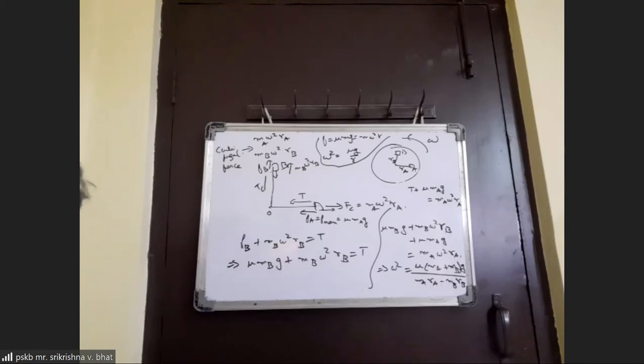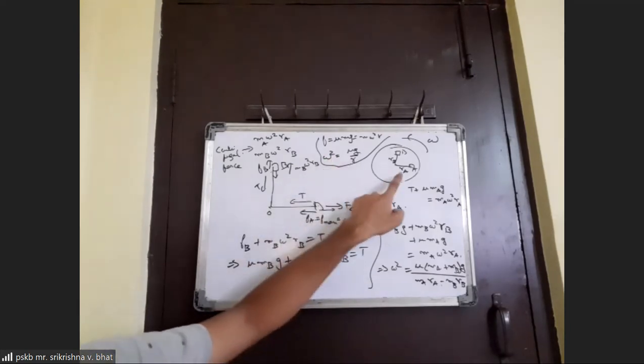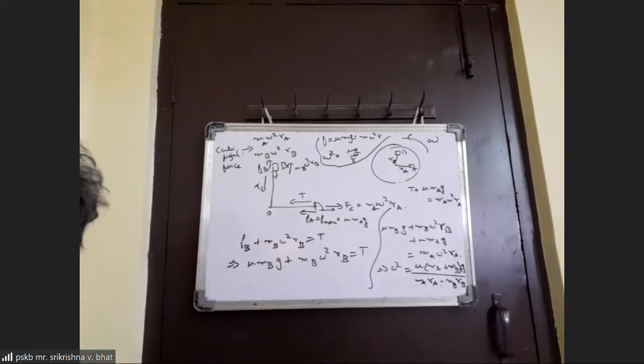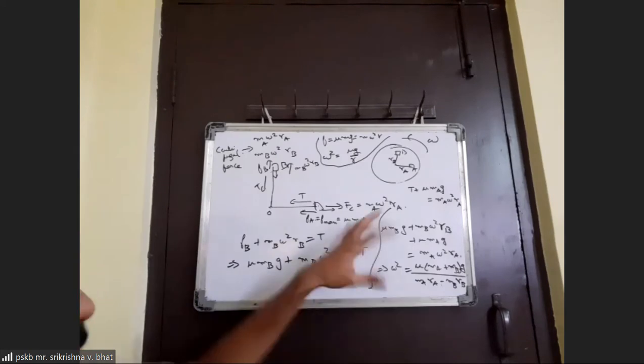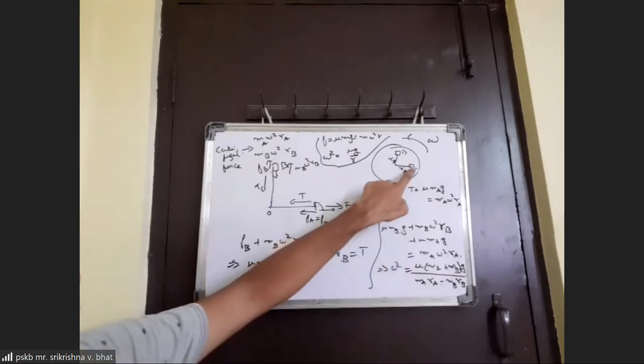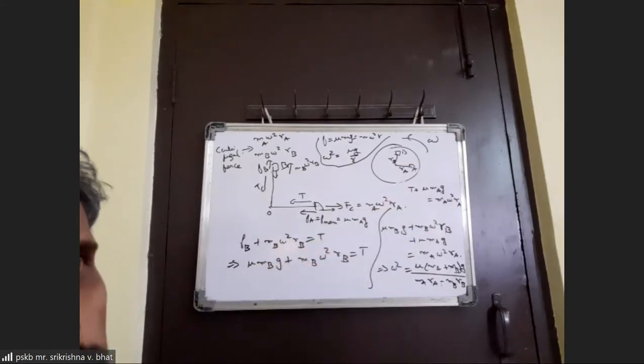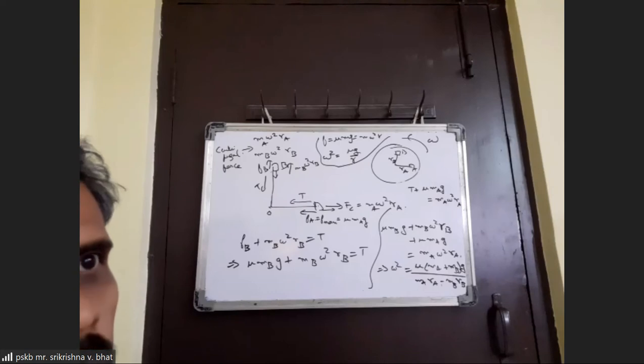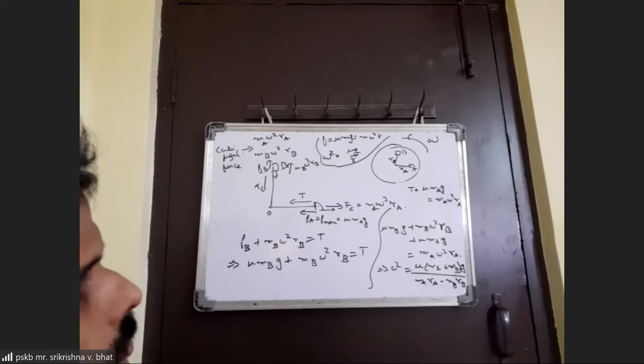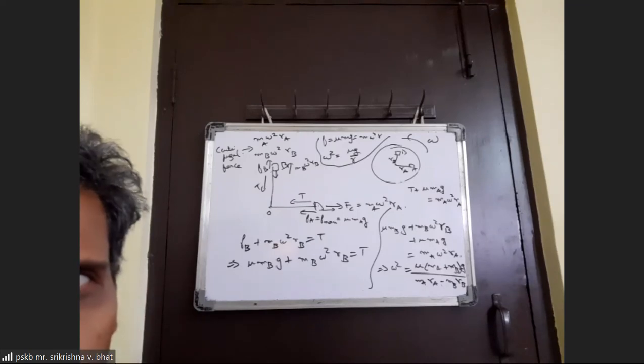Because in the question, as I told you, the omega is being increased slowly from rest, right? So the body which is placed farther away from the center is going to start sliding sooner. Based on that, we could conclude that between these two bodies, A has a chance of sliding before B starts, because based on the given values in the question, RA is more than RB. RA is given to be 50 centimeters, and RB is given to be some 30 centimeters or something.